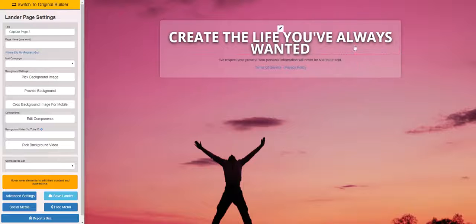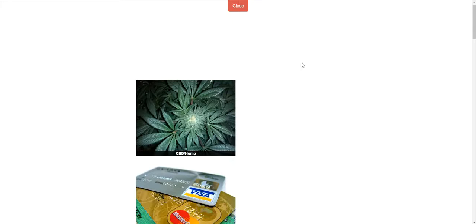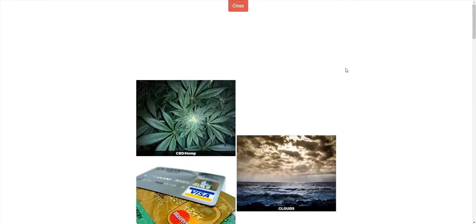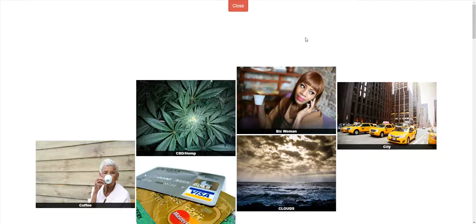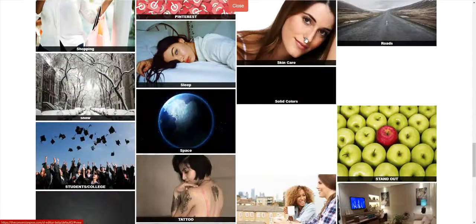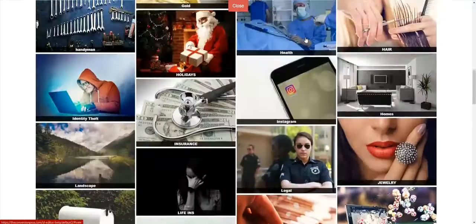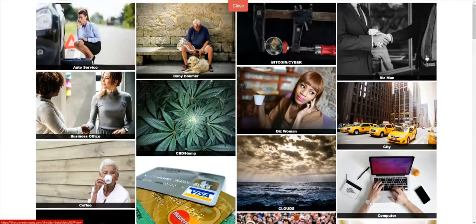Now, the first thing you're going to want to do, depending on what you're trying to build a page for, is click on Pick a Background. Okay, and we have so many backgrounds available to you. It's really insane how many we give you. The thing about it, though, is knowing which picture to use with each background. For example, if I click on this computer section,